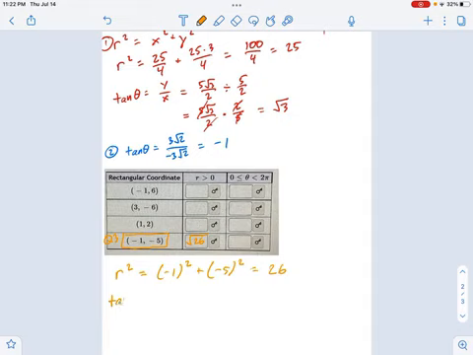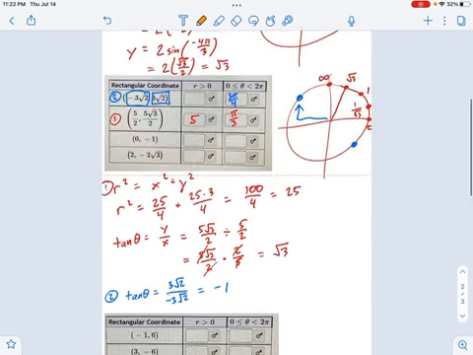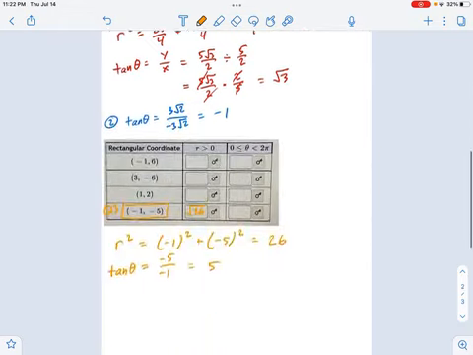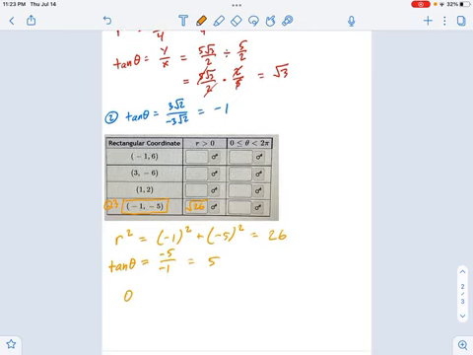Tangent is where this is going to get a little complicated. Tangent of theta equals y, which is negative 5, divided by x, which is negative 1. Okay, well, that's 5. Great. I don't remember where tangent of theta equals 5 on the unit circle. As it happens, it's up here somewhere, and it's not a pretty angle. We don't have that one memorized. So what we're going to do for problems like this is you just say theta equals arctangent or inverse tangent of 5. Okay, and that's your answer. That's as good as we can do.